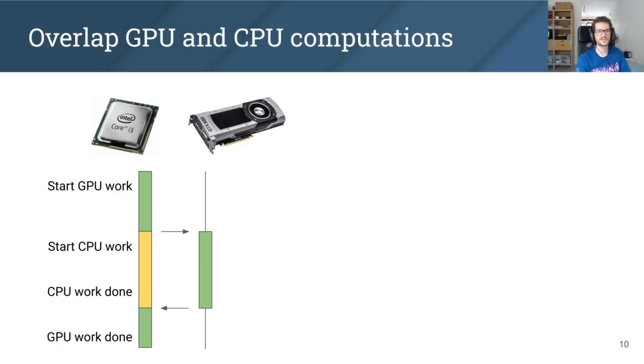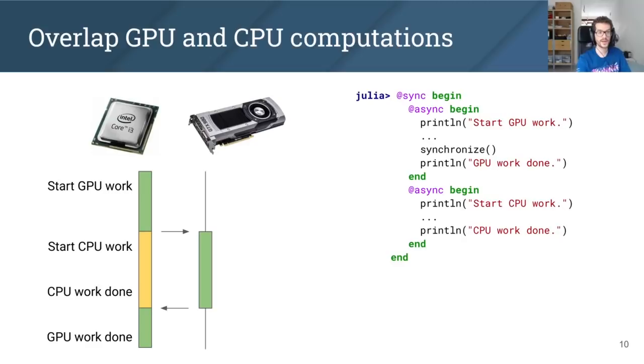So one possibility is to perform computations on the CPU while the GPU is busy. And we can do so simply by putting those operations in a separate task. When the GPU task then hits a blocking operation, like the call to synchronize here, we will switch to the CPU task to perform some other useful work. But there is a complication, because in the end, there's still only a single thread of execution. We only switch to the CPU task because the GPU task allowed it. And similarly, the CPU task should perform operations that still allow the GPU task to make progress.